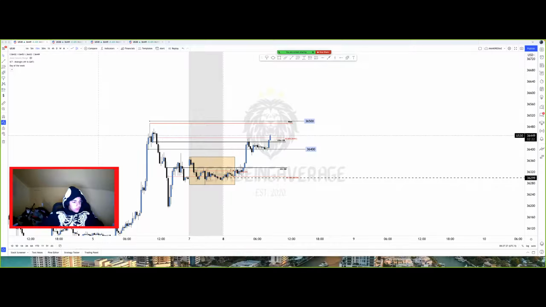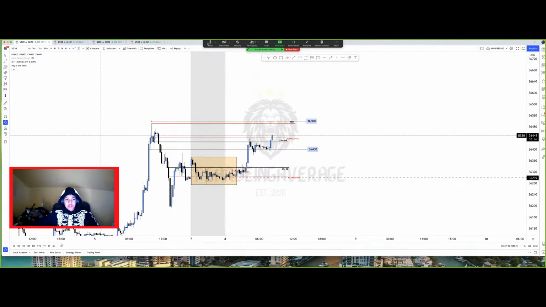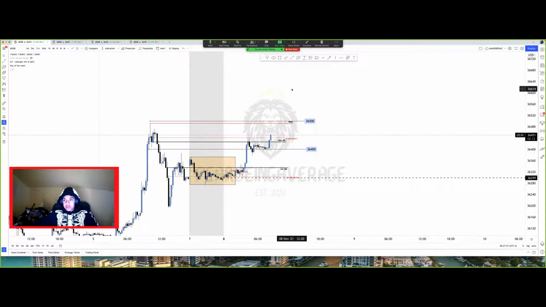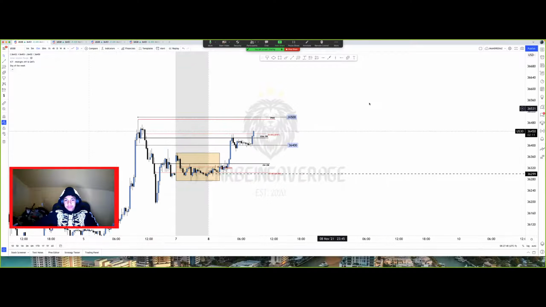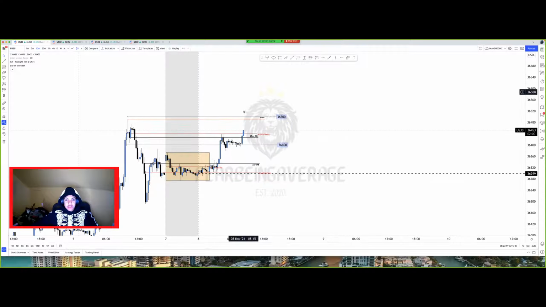For about maybe 2 years on US 30. The majority of the time, the reason I've been able to just do well with the time I've been is because I've just traded one pair. That's the one thing that I give my success to, because I've been able to study one pair, and in that time multiple people traded multiple pairs. I've been able to just study one's trade strategy and really improve on it.